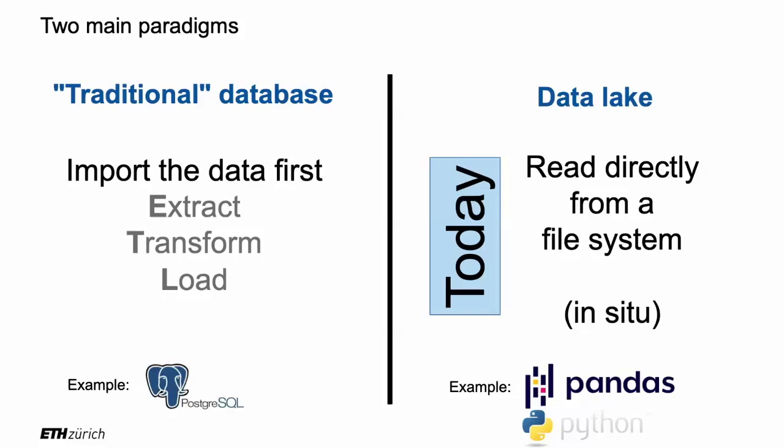And then on the other side, we have what is known as data lakes. Have you already heard of data lakes? Some of you, right? It's actually just as simple as saying we just drop the files somewhere and that's it, right? You download your JSON files from the internet, you download your CSV files, your XML files from the Federal Office of Statistics, and you just drop them on your hard drive. That's a data lake. Your hard drive is a data lake.